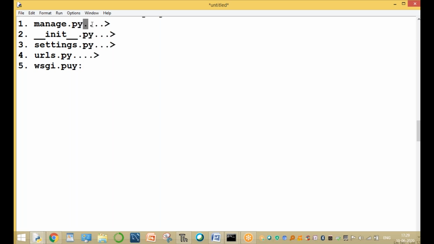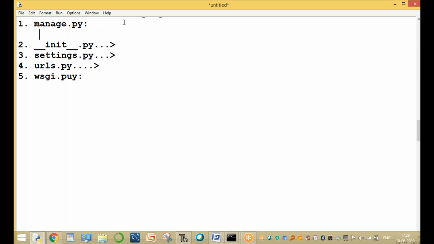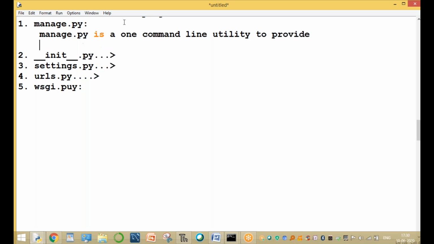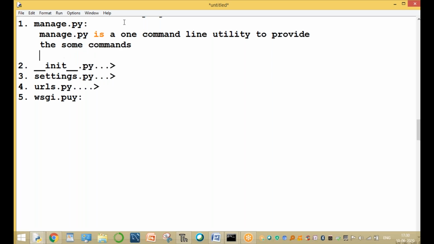The first one is the manage.py file. manage.py is a command line utility. That means it is a command line file that provides some commands, performing operations at the project level.